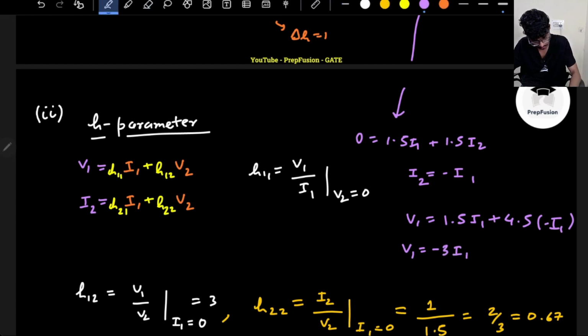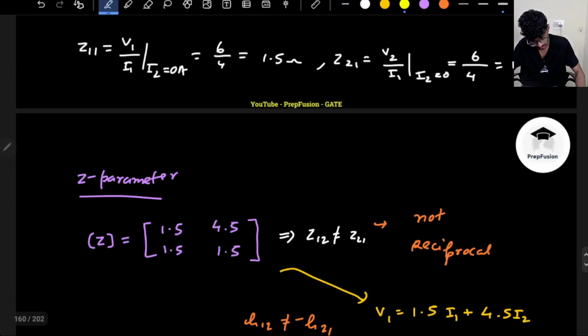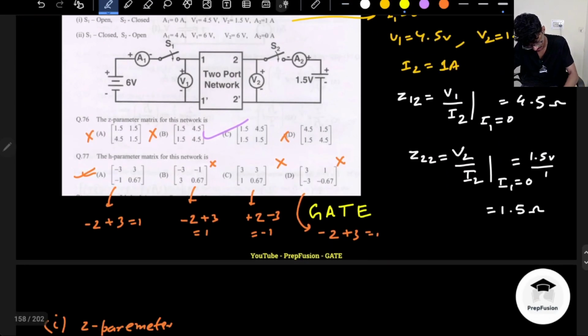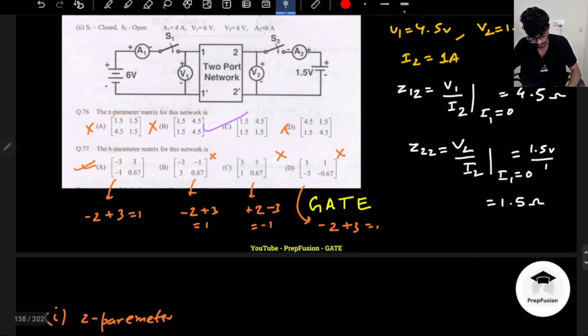So V1 by I1 equals minus 3 ohms. Okay, and negative impedance can happen. So H11 is minus 3. Is that correct? H11 is minus 3. Yes, it is correct, right? What about